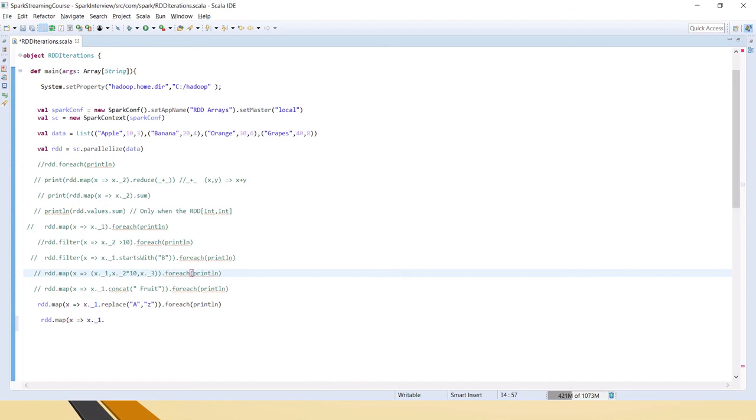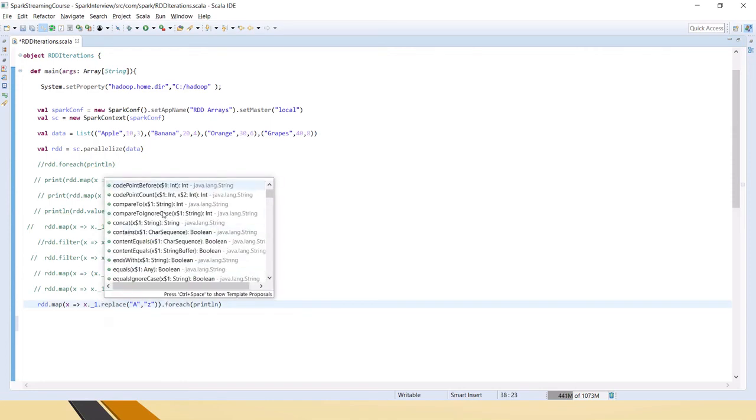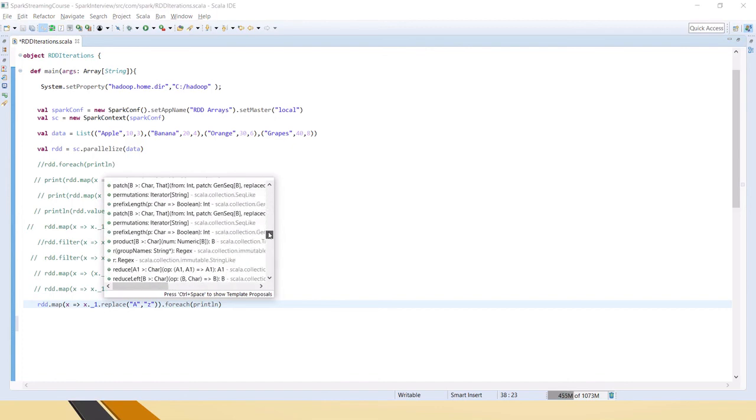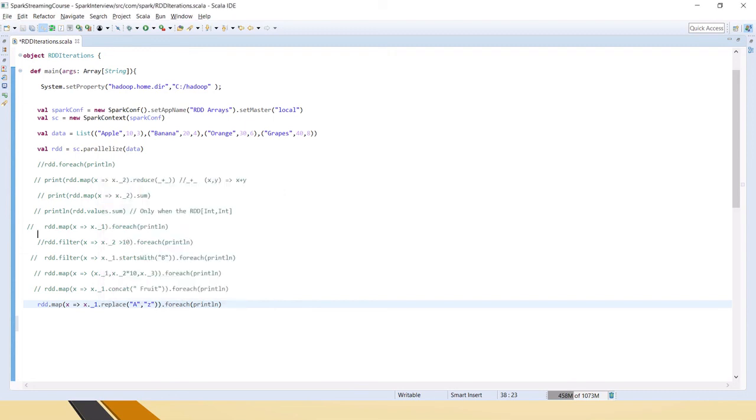Similarly for the second one and third one, which are integer values, you can also try performing these functions. You can just click on dot and press Ctrl Tab. It will give all the available functions that can be applied on the x. You just try this out and let me know if you have any questions.